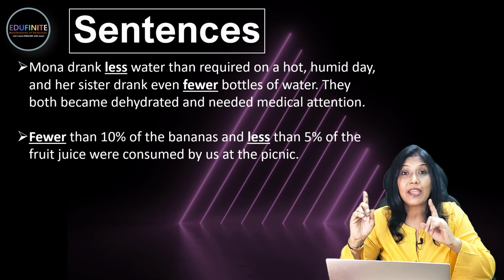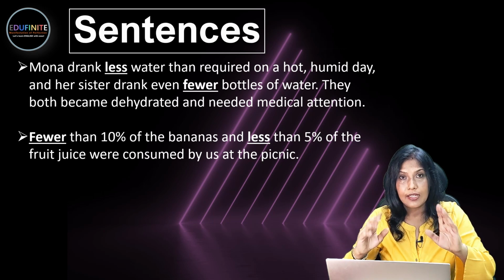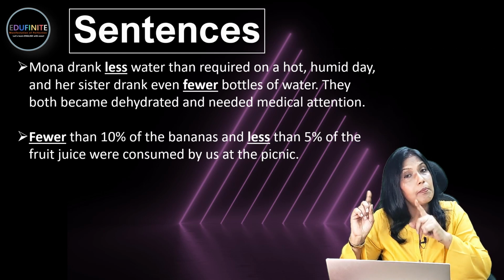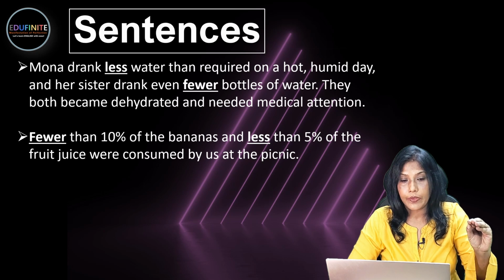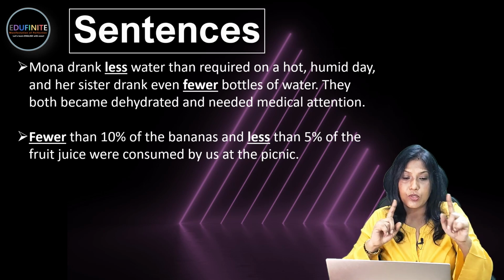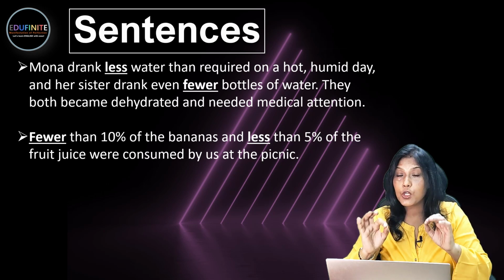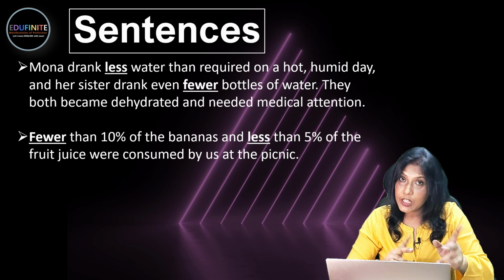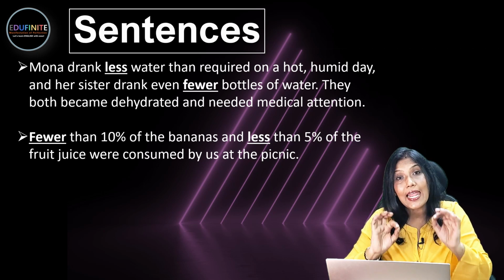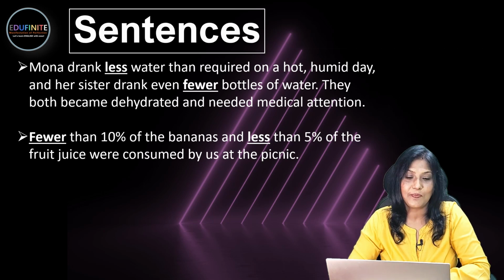fewer than 10% of the bananas. Well, because bananas are countable, we use fewer than. This is a comparison, less than before. So fewer than 10% of the bananas, and fruit juice is uncountable. Hence, while using percentage before it, we use less. Less than 5% of fruit juice. Okay,